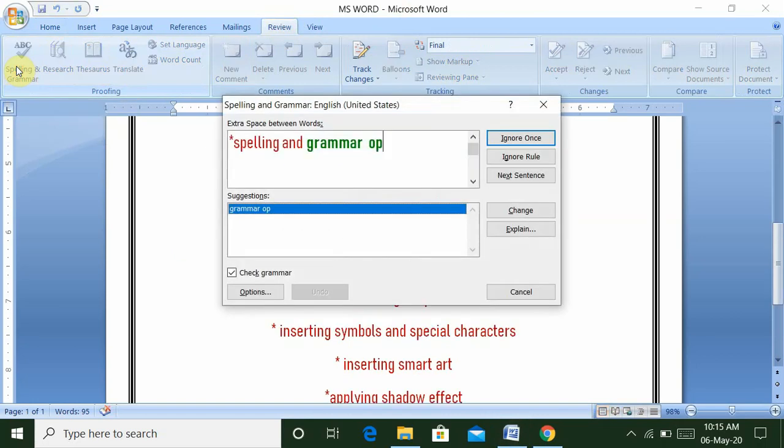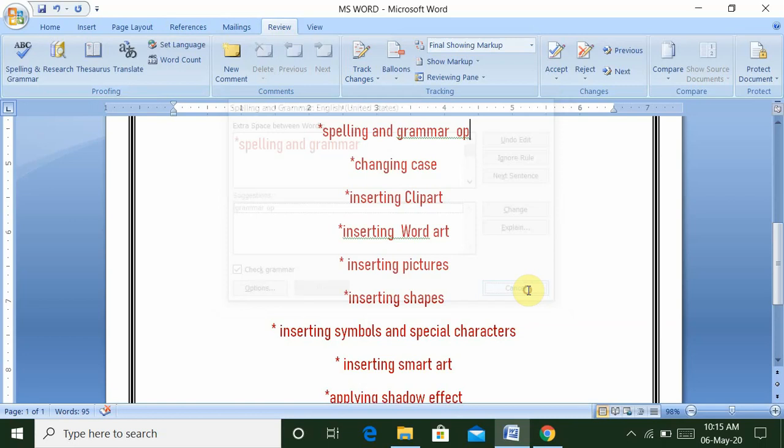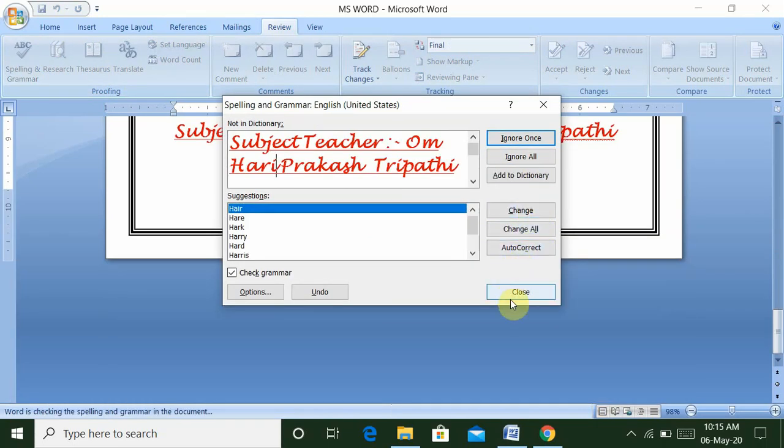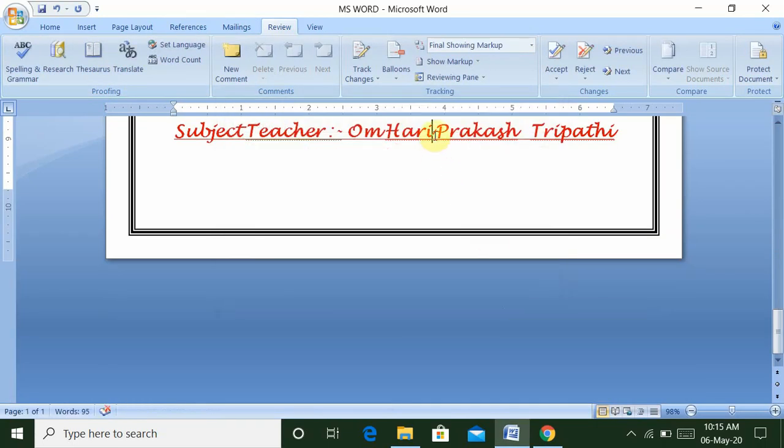Then choose your spelling, then change or ignore, okay, otherwise cancel. Change, close, okay.